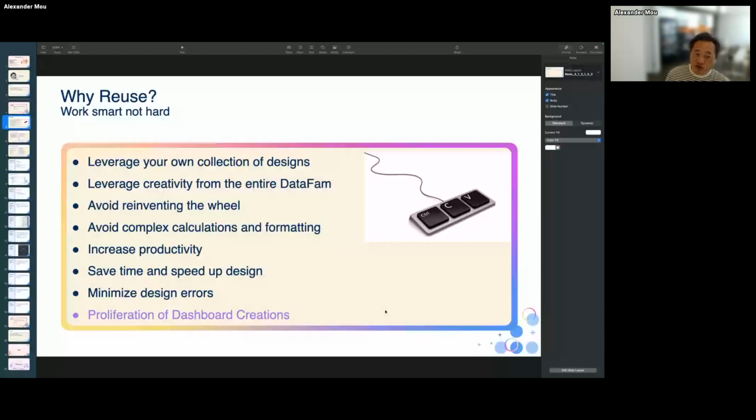Avoid reinventing the wheel, avoid complex calculations and formatting, save time, and minimize design errors, just by copy and paste as much as you can. Also, by using existing designs, we can come up with more dashboard creations. So that's for design proliferation.